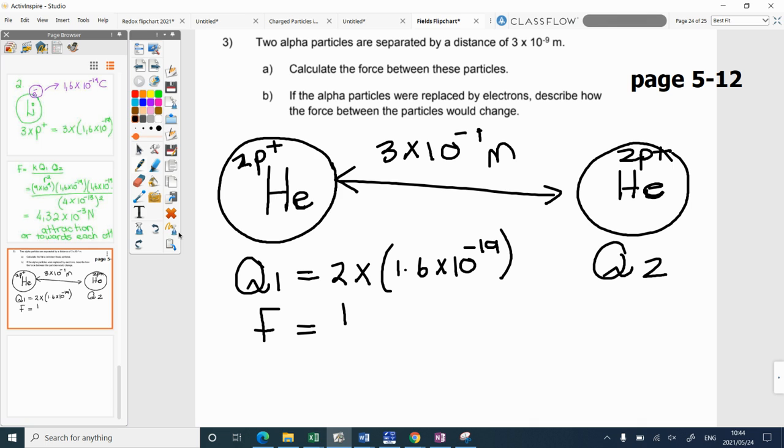Are you all finding the right one? F is equal to K Q1 Q2 over R squared. Then you just stick in all those values. K we have already, it's 9 times 10 to the 9. Am I right? Please don't mix up the constants, guys. So it's 9 times 10 to the 9